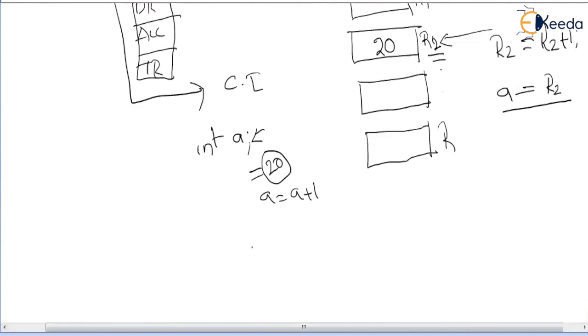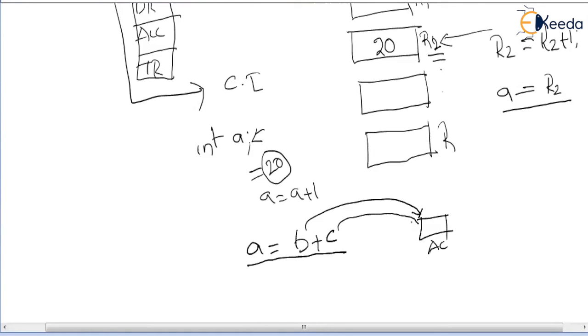For example, I want to perform A = B + C. In single accumulator organization, first the contents of B will get transferred to the accumulator. Then C will get added. And finally, as AC now has the contents of B plus C, the value of the accumulator will get transferred to A.